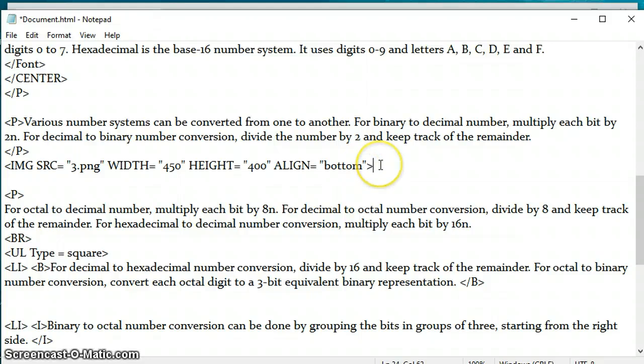Then I want some written matter or text to align it with. So I will type here the b tag, which is for making the text bold. Then I want to give a font color also. So font color equal to red.